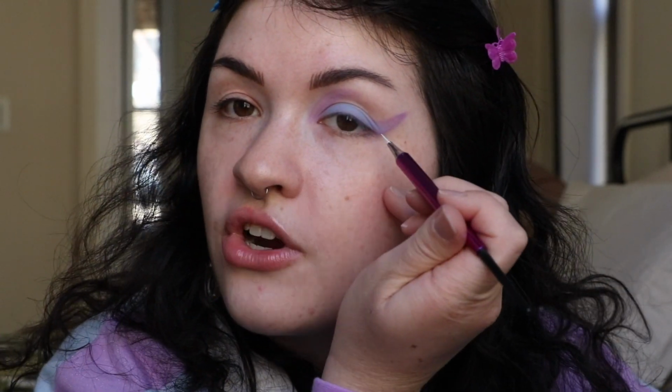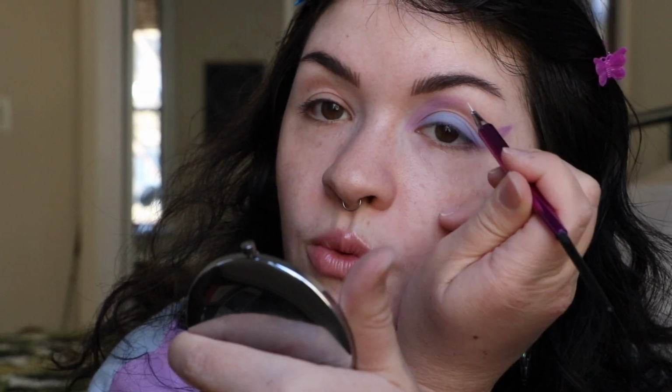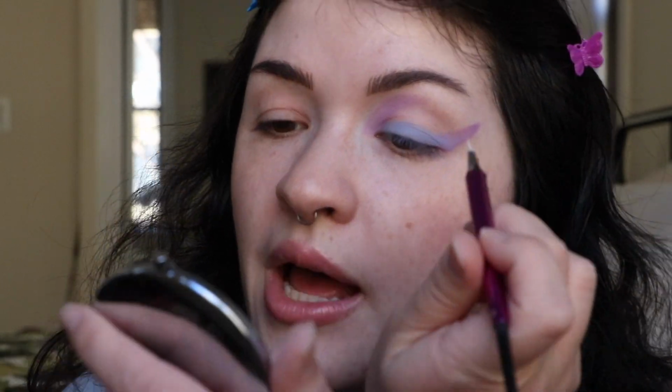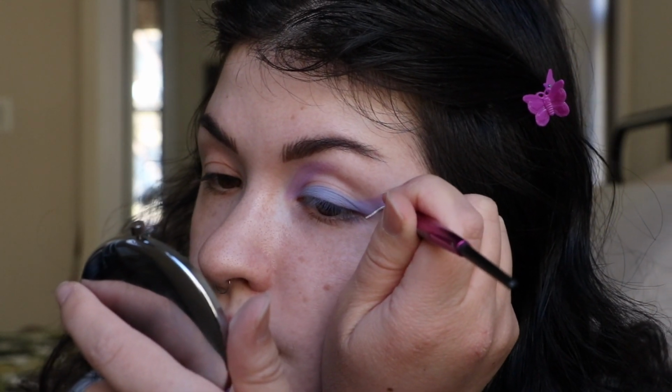And I like to start out here. I find that to be easier, to start on the edge of your wing and then to do the one connecting it here, but it's all just personal preference. And I'm just gonna take my brush. I'm also using a brush from that collection. It's the C2 brush. You can also use nail art brushes. Check out some of my other graphic liner videos for more specifics on brushes I like and everything. I have so many graphic liner videos, but this is my favorite graphic liner brush ever, the by Melolops Cutcreaser C2 brush. And I'm just gonna boop,